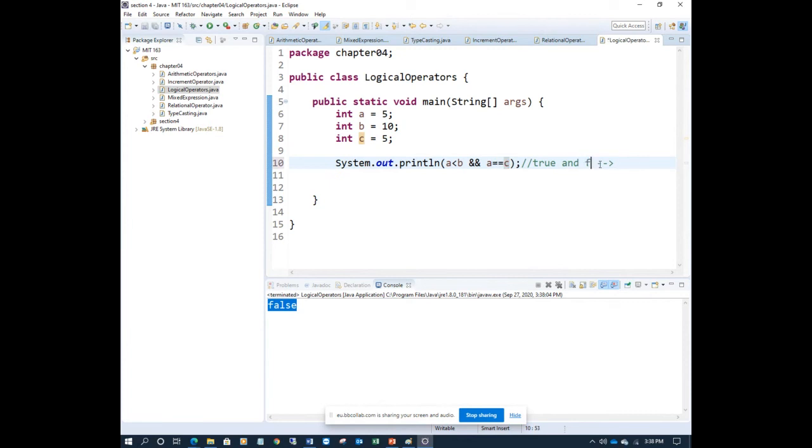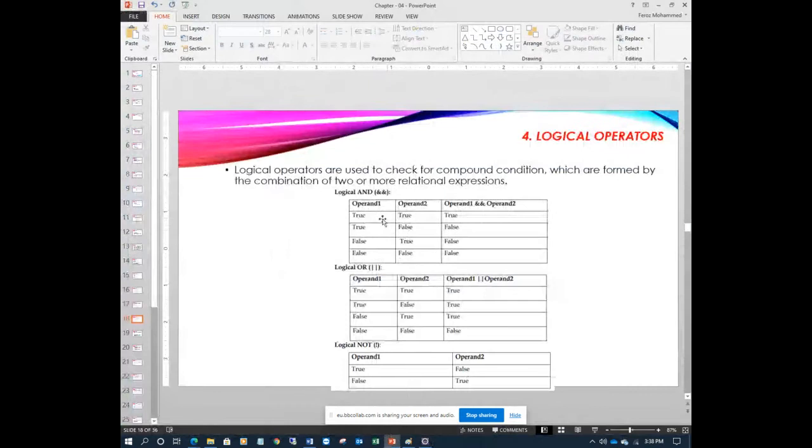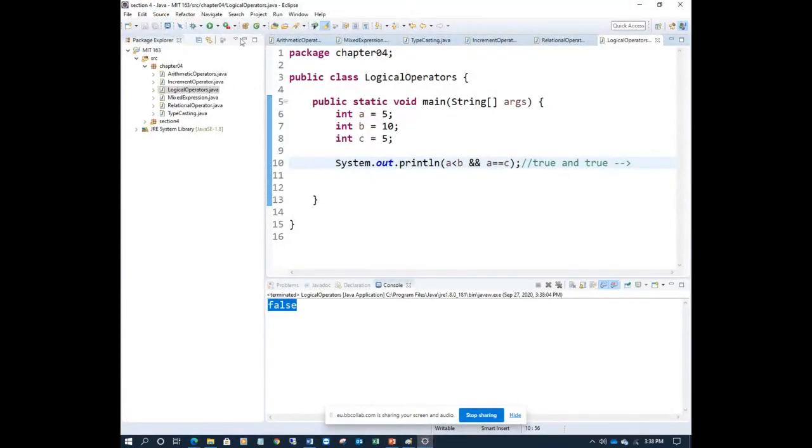Both are true, so what is the result here? The answer is true. Control S and run, you'll see true. The whole condition is true. If you want, you can add more.